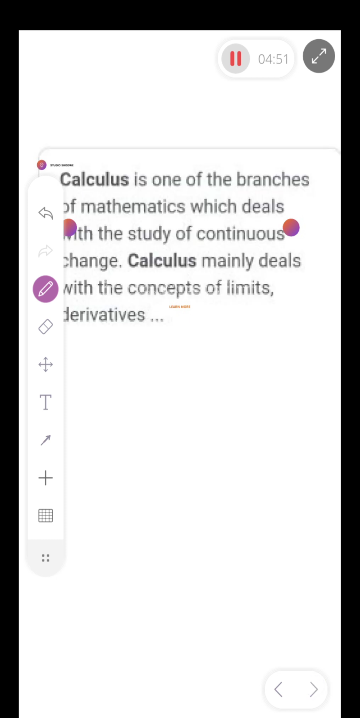Then the second to the last one is calculus. Calculus is a branch of mathematics which deals with the study of continuous change. Calculus will do the